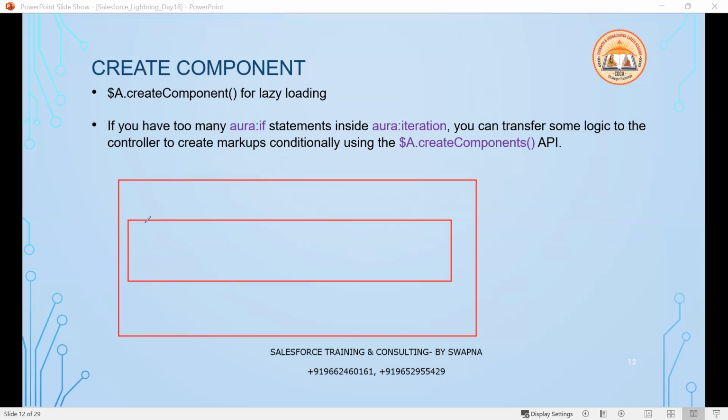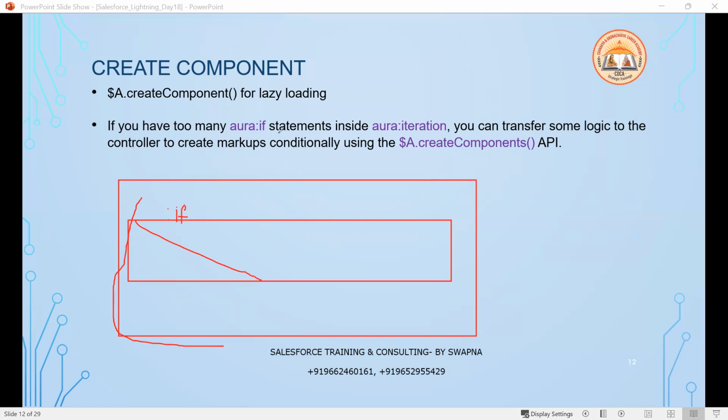You want to show this component only when the Aura if condition is true. If you have one condition like this or two conditions like this, it is fine. We can do everything in the HTML component, the Lightning component. But if you have many Aura if components,